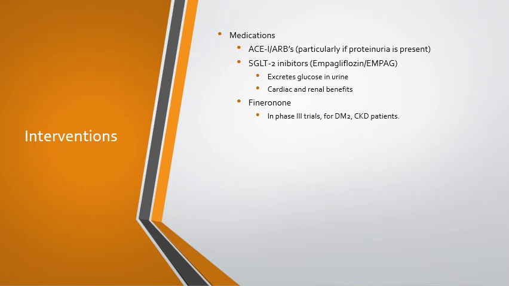SGLT2 inhibitors are fairly new. They excrete glucose in the urine, and I think of them as a CHF medication that has cardiac and renal benefits. So these are new, but they've been proven quite substantially to improve cardiac outcomes in renal disease. Main side effects are increased UTIs. We do see sometimes in the ICU, we've seen cases of lactic acidosis as well, which is kind of unclear